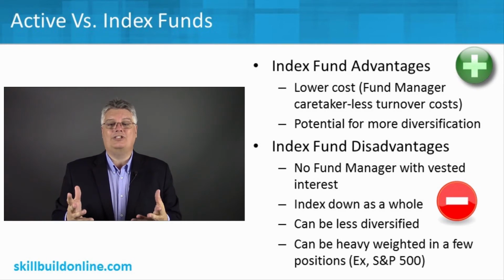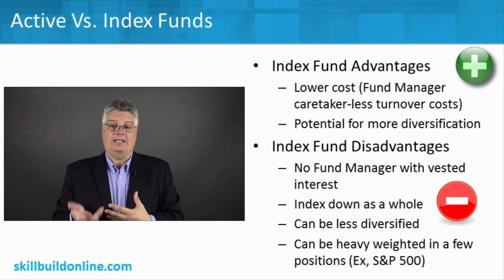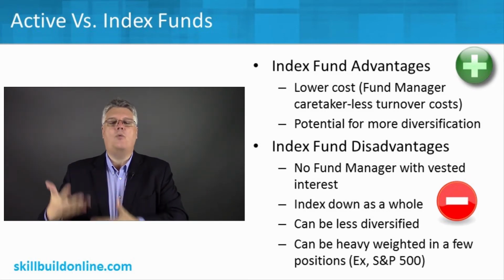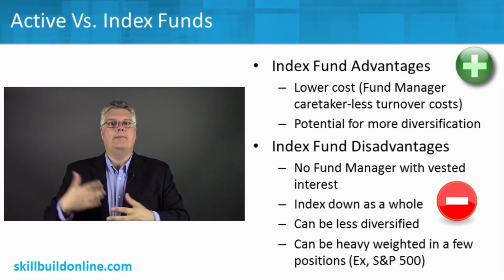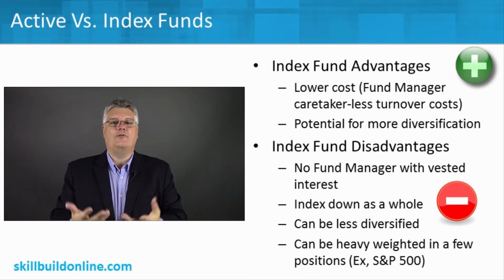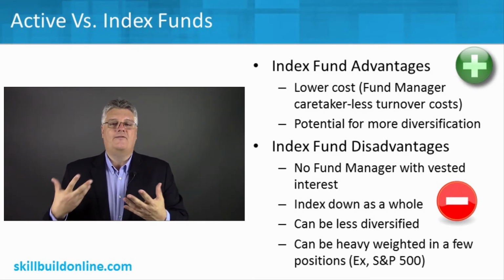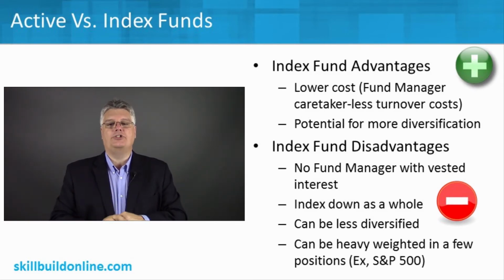It's all administratively done, so you don't have a fund manager with a vested interest in it. In an actively managed fund, the fund manager gets paid on how well the fund does, and they get paid big money. These teams get paid big money to have their fund be the best actively managed fund, or a top 20% actively managed fund. Index, you don't have that vested interest. You're basically trying to match the index.